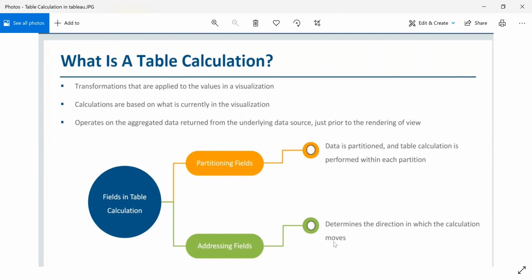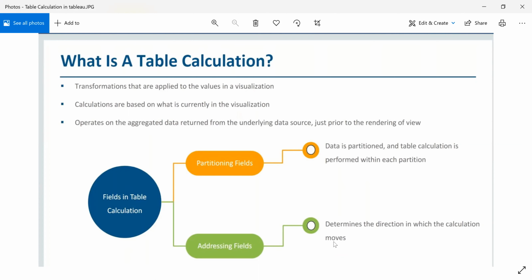If I'm moving the table across, it means I'm doing a row wise calculation. When I do table down, I'm doing my calculation from top to bottom. So direction defines how the calculation moves, and the partitioning is the level of detail of the view, where the data is already partitioned.